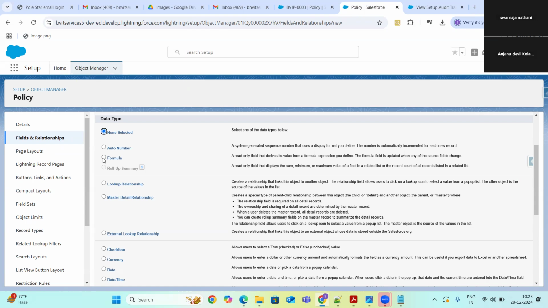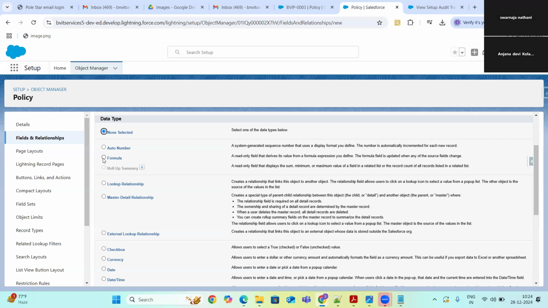As an admin, 60% of the work you are going to work on flows and validations. Whatever the things that we discussed is something like that. It's all basics, whatever we discussed till now. It's all to understand the Salesforce platform.